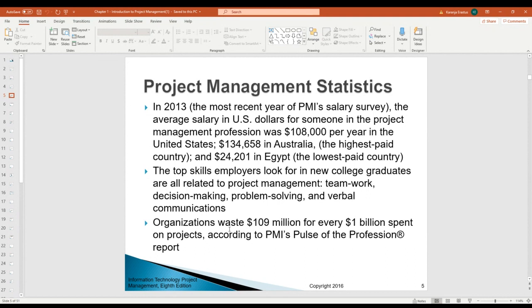Depending on which discipline or field you are in, if there are certifications in that field, it's always recommended that you make sure you get certified. The top skills they are looking for in college graduates are mostly related to project management: teamwork, decision making, problem solving, and verbal communication. And just by doing a simple Google search,